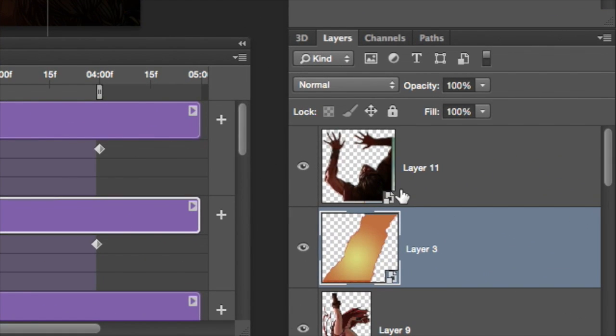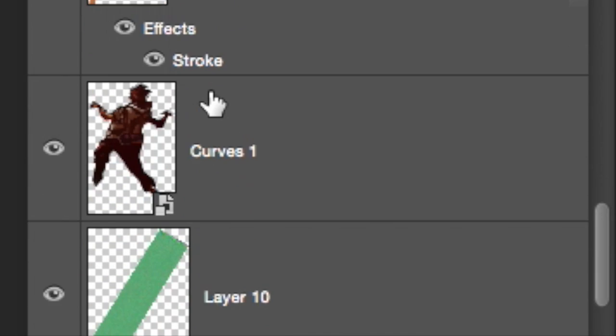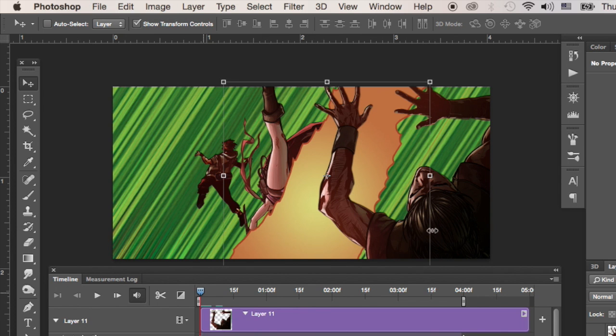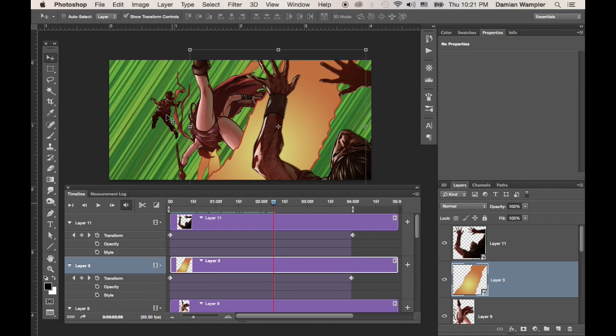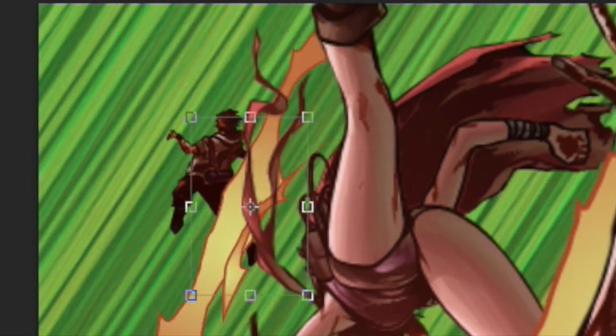So if you look at this animation down here in my layers palette, a lot of my layers are smart objects. This guy, this guy, this guy, and the little man. The reason why the two men are smart objects is because they are growing and shrinking. If you look at the man here, he is a smart object. He grows. And the guy over here, he's a smart object also, and he gets smaller